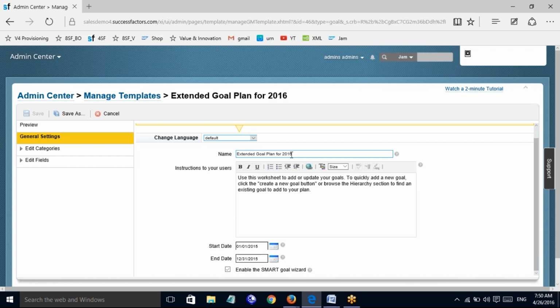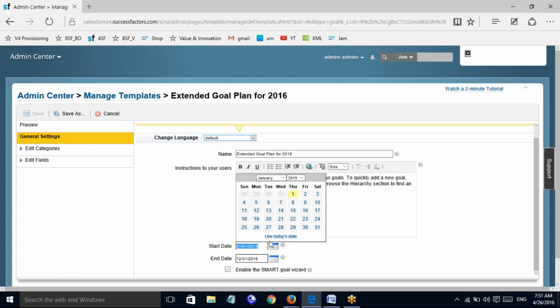And when you are going to create, you can see the default start date and end date, since it is a new goal plan template which is copied from your success store, and you can see the date from when this is available. But you can also make this goal plan template available as you like, and you can change it.